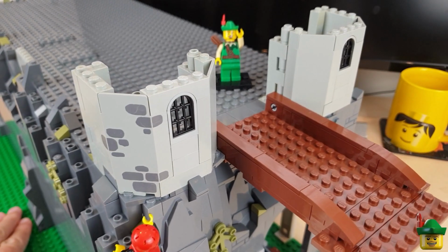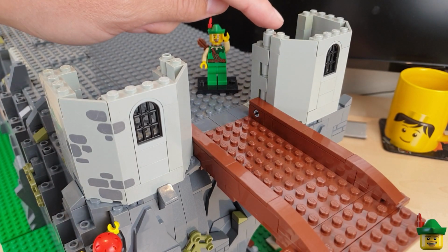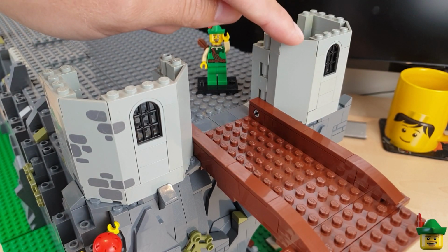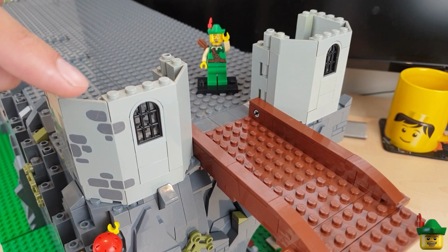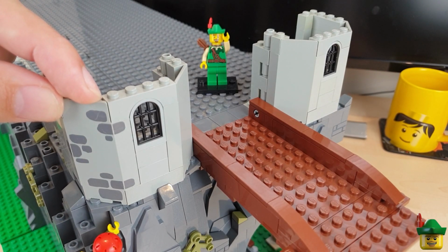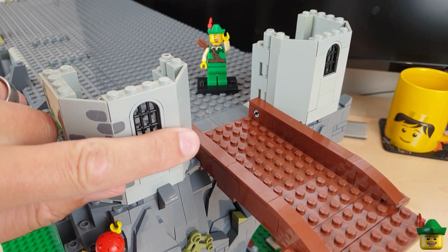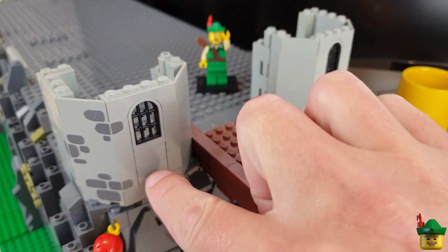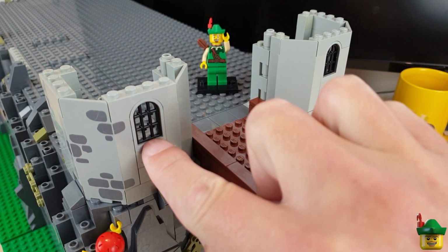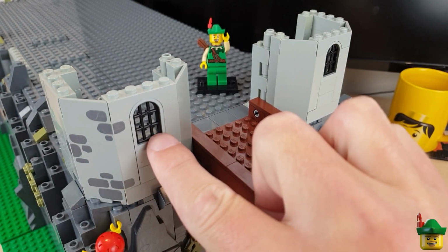Okay, there's some rounded turrets. Now, I've replicated those rounded bricks near the entrance, like in set 6080, the King's Castle. I've put in these corner panel pieces with the occasional patterned one to replicate the rounded turrets on Black Falcon's Fortress 6074. But what I've also done is widen the gap between the two corner panels, because before it was only one gap, which meant that an archway had to be basically a hole into the castle rather than anything enclosed. And I think it looks a lot better with this arched frame with a barred window in it,